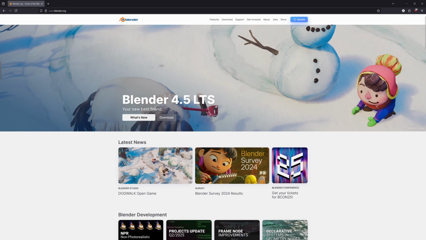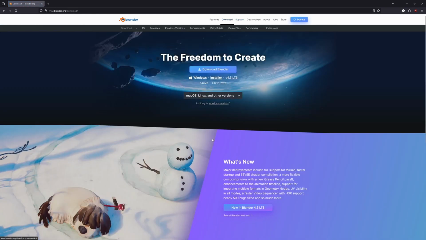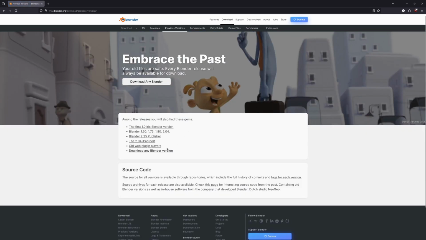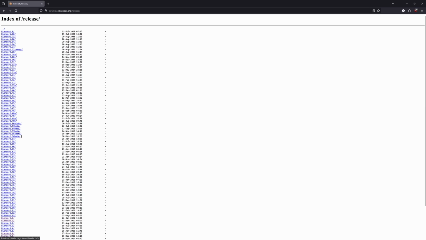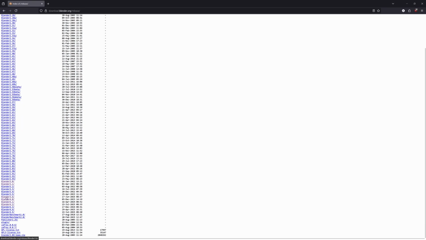So first thing is obviously you want the game downloaded. After you have that, we're going to need Blender. If you've never downloaded Blender, you're just going to go to blender.org, go to download. The version that's up right now is 4.5, but I recommend using an older version simply because a lot of modding tools available for Blender sometimes don't work with the newer releases, so I recommend using Blender 3.6 for this,